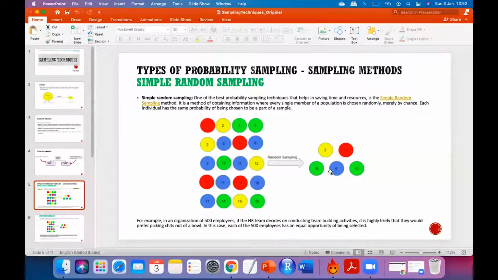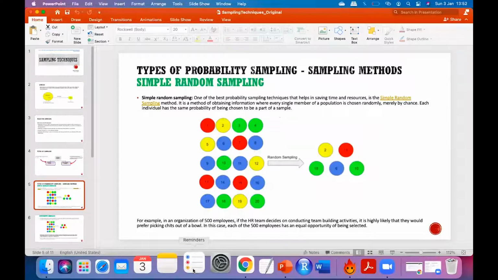Is probability involved here? Yes, probability is involved. Each ball has an equal opportunity to get selected. What is the probability of a ball getting selected? 1 by 20. We will be studying probability after this, but for now, at least this would be easier. Even if you don't remember 1 by 20, just concentrate that it is all theoretical. There is no mathematics involved here. I am just saying that you have to understand that there is a probability involved.